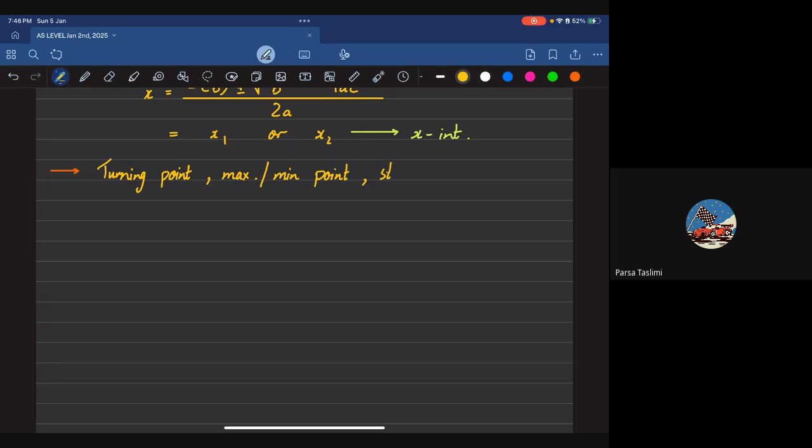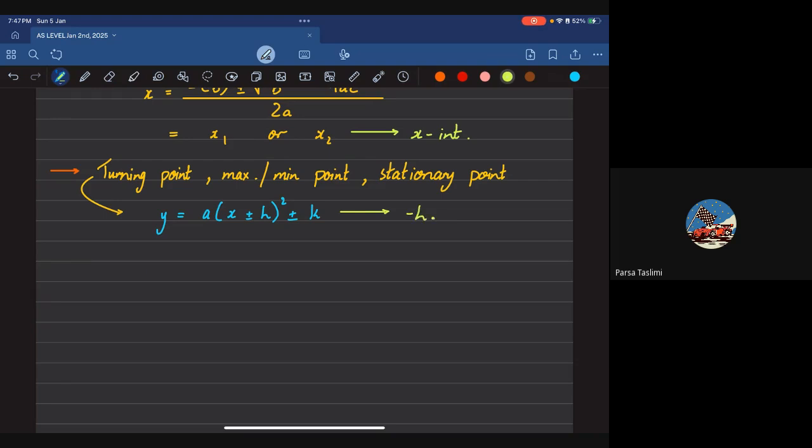They're all the same. That is, you can simply use the completed the square form, which is going to be y is equal to, sometimes there's an a outside, so a(x plus or minus h) whole squared plus or minus k. This was the completed the square form, and from here you're going to get